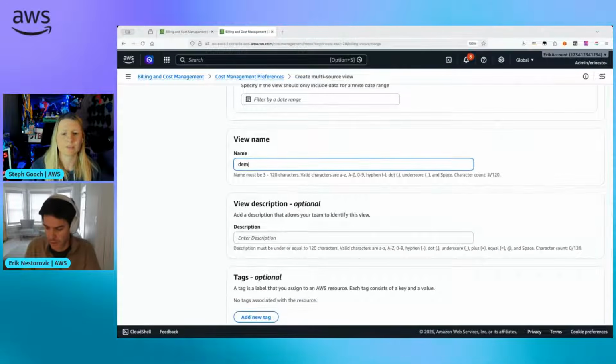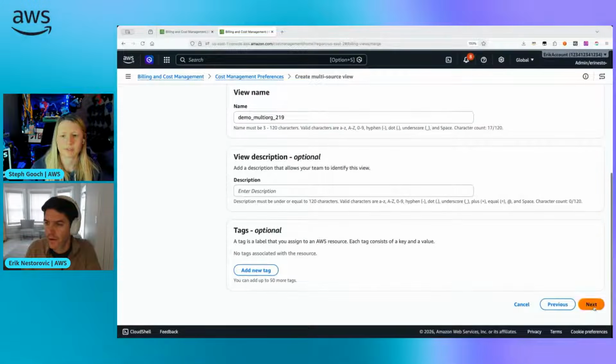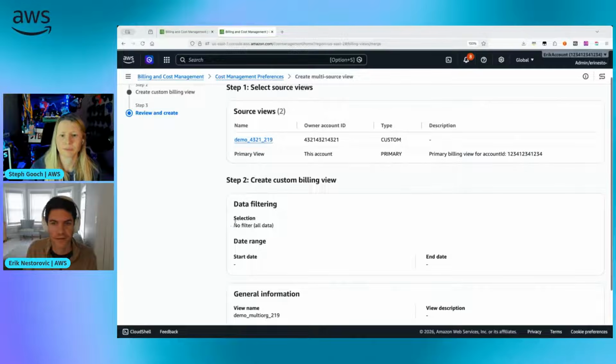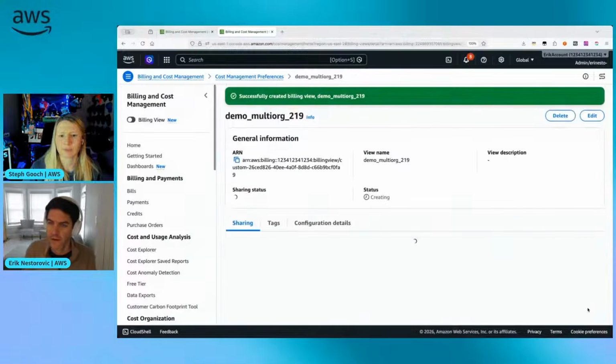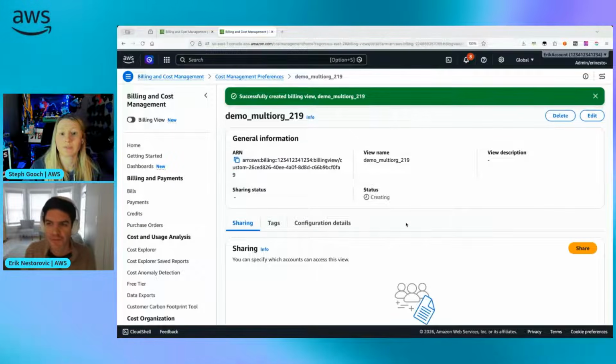We're just going to call this demo multi-org 219 and go ahead and next. And then here we have the confirmation step. We can just see it has the two sources that we selected. It's going to have no filter and include all the data. Hit create. And now this does take a few seconds, not a lot, but it'll stay creating for like